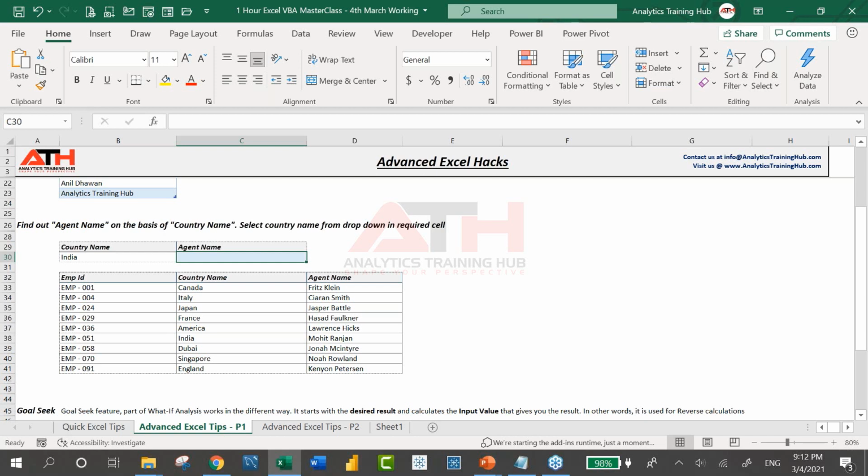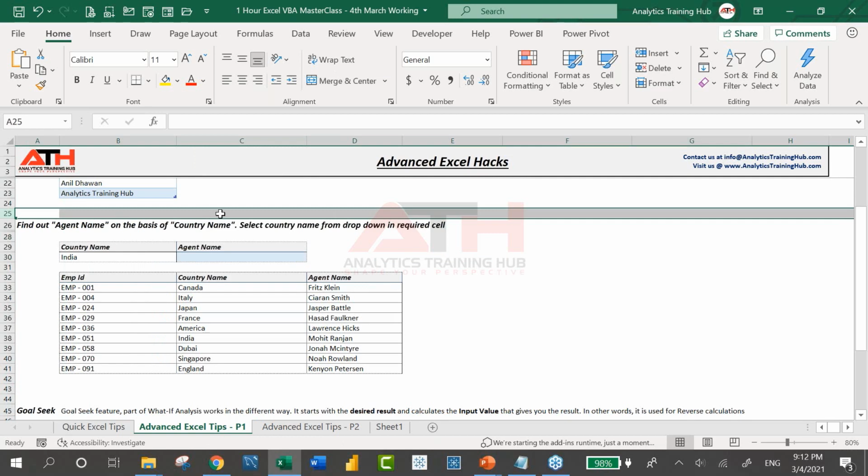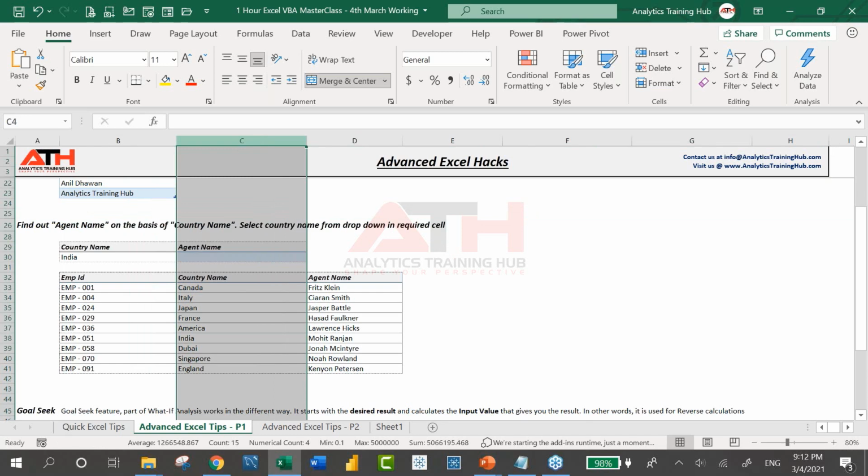Only thing is you have to be careful that how many cells are actually active at this moment. Okay. Sometimes accidentally we select the entire column, we select the entire row and format it. In that case, file becomes heavy, because one column contains 1,048,576 cells.